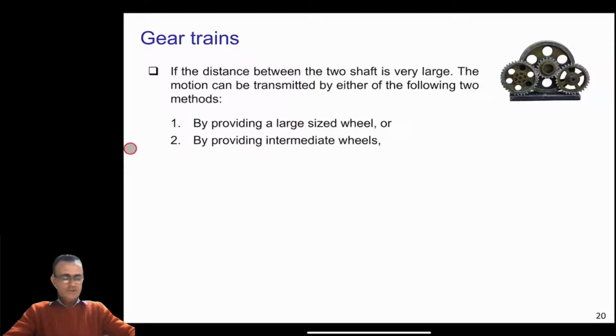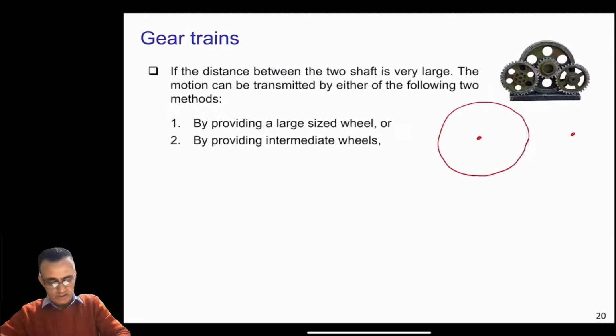Okay, so now in this topic we will discuss gear trains. If the distance between the two shafts is very large, as you can see in this case here, the motion can be transmitted by either of the following two methods. Number one is by providing a large size wheel. For example, if you want to transmit the torque between these two shafts, you can use something like very big wheels here,